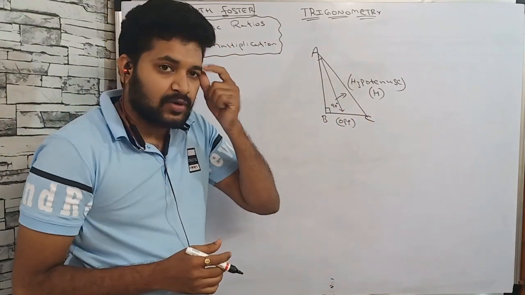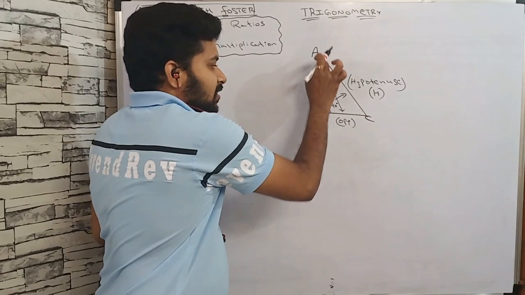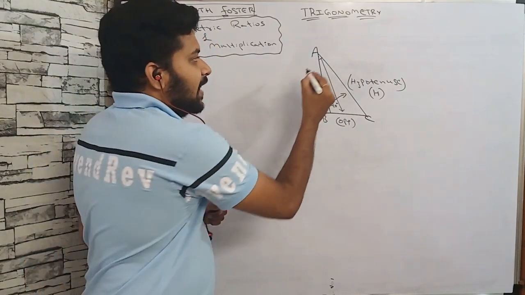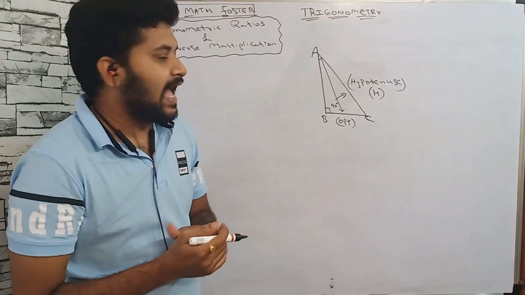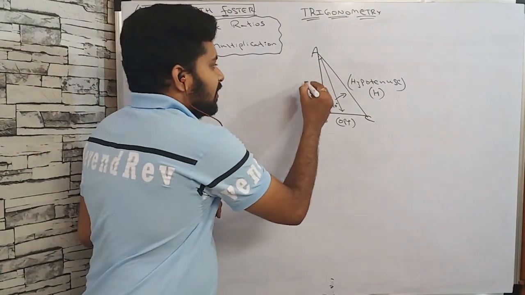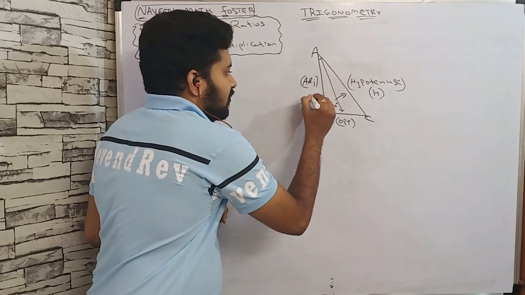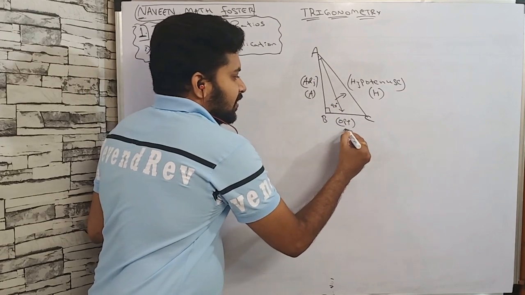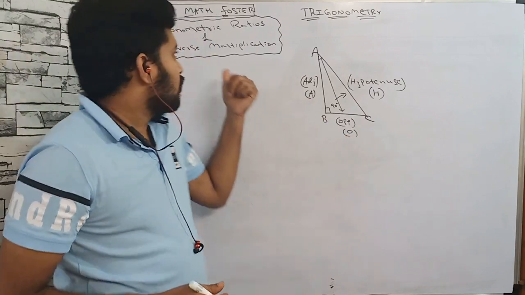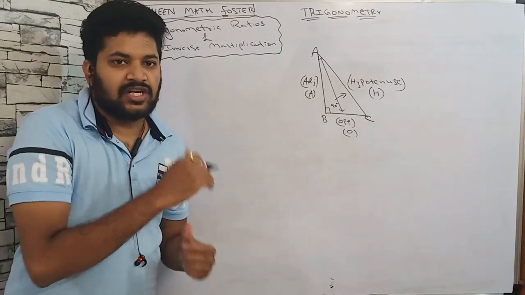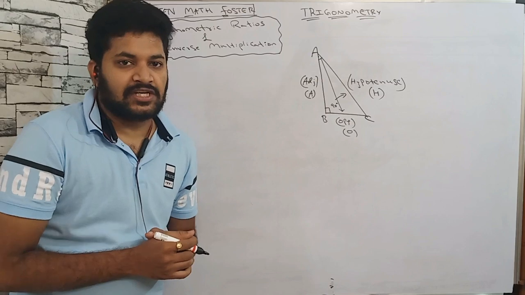Now let us discuss angle A. For this, BC is the opposite side, and AB is touching this angle A, so it will be the adjacent side, along with the opposite side and hypotenuse. You should remember these three before doing trigonometric ratios. Now let's start trigonometric ratios. Here we have 6 ratios, and the first one is